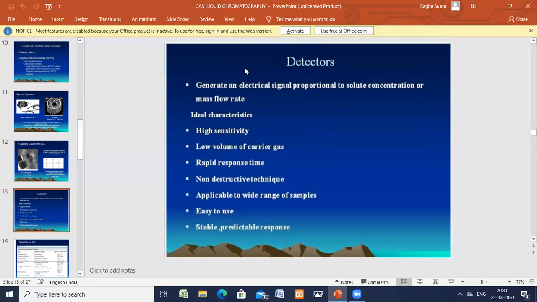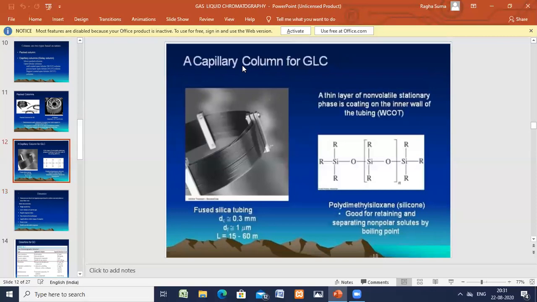They are made of stainless steel for hydrocarbons and non-polar substances; glass for sensitive complexes, steroid separation, pesticides and pharmaceuticals; Teflon columns for reactive systems like sulfur gases; aluminium for high temperature applications; and fused silica for capillary columns. Now, the stationary support also we have to see.